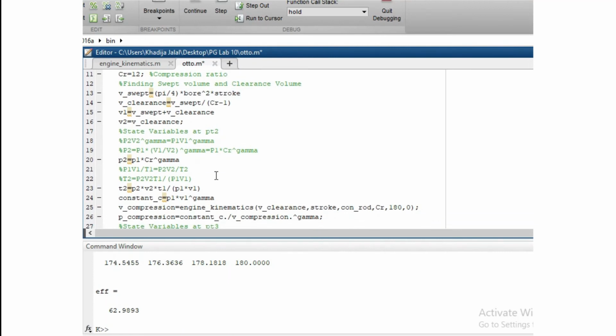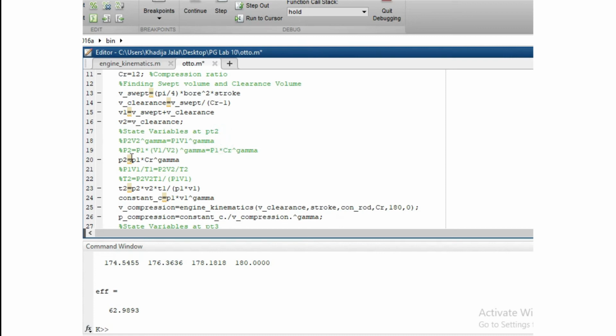So in order to find the pressure and temperature at state 2, we know that during the compression stroke from state 1 to 2, no heat enters the gas during the compression. So the relationship between change in volume and change in pressure and temperature can be written from the entropy equation. I have written here that entropy equation, that is P2 V2 power gamma is equal to P1 V1 power gamma. This was previously discussed in the slides.